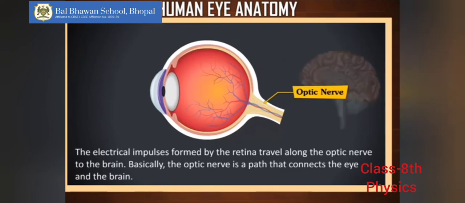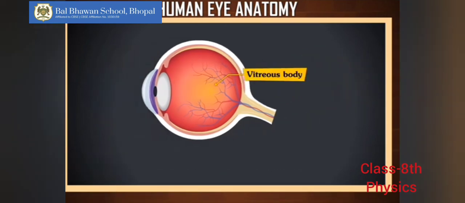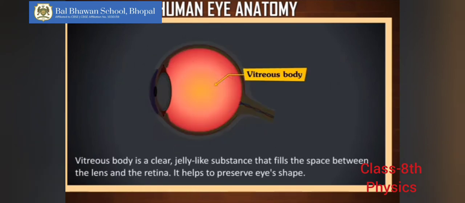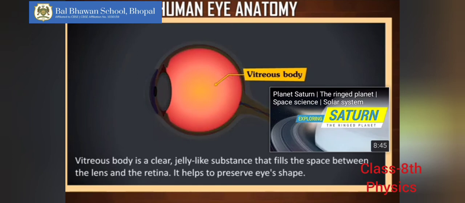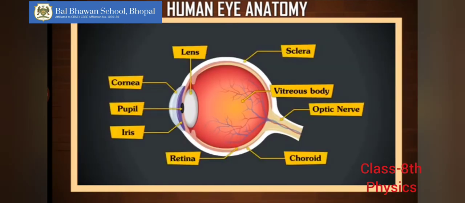Then all these nerve cells get collected into the optic nerve, which connects the eye to the brain and helps to send the messages in the form of electric pulses to the brain. All the nerve cells are connected to the optic nerve and through the optic nerve they go to the brain. So now you can see that the optic nerve carries messages to the brain in the form of electric pulses. These messages are taken from the retina through the nerve cells.